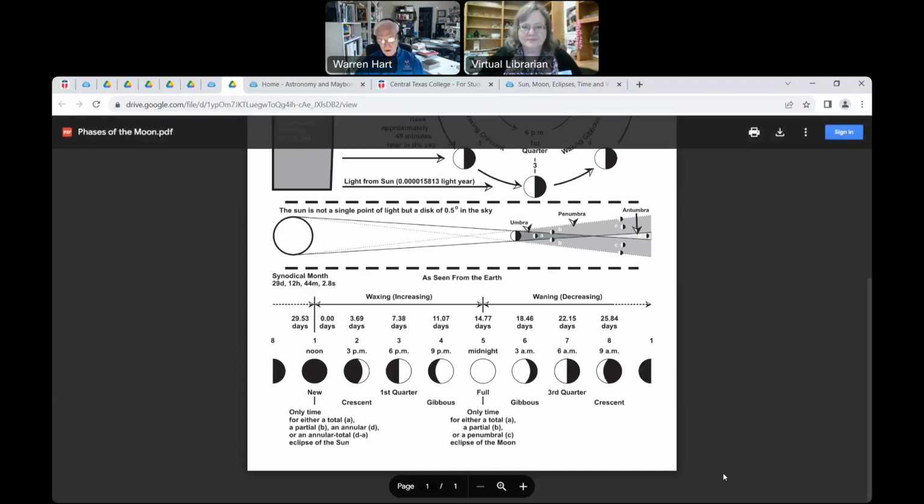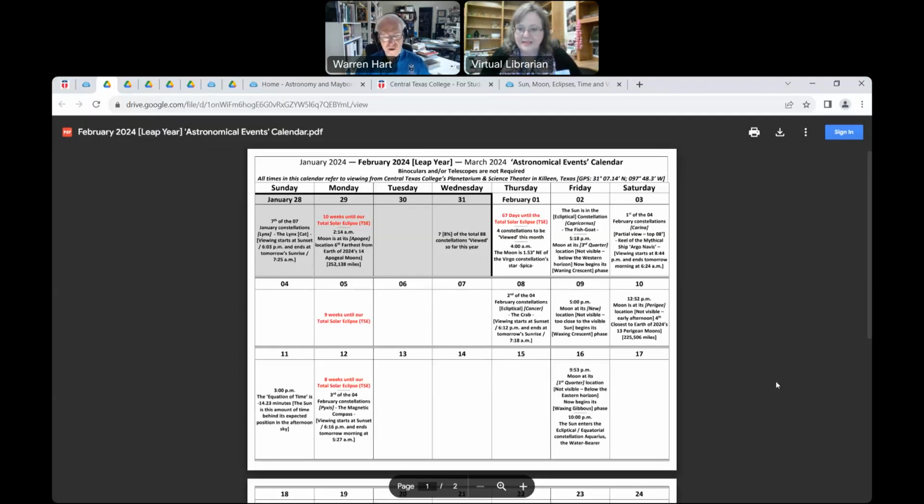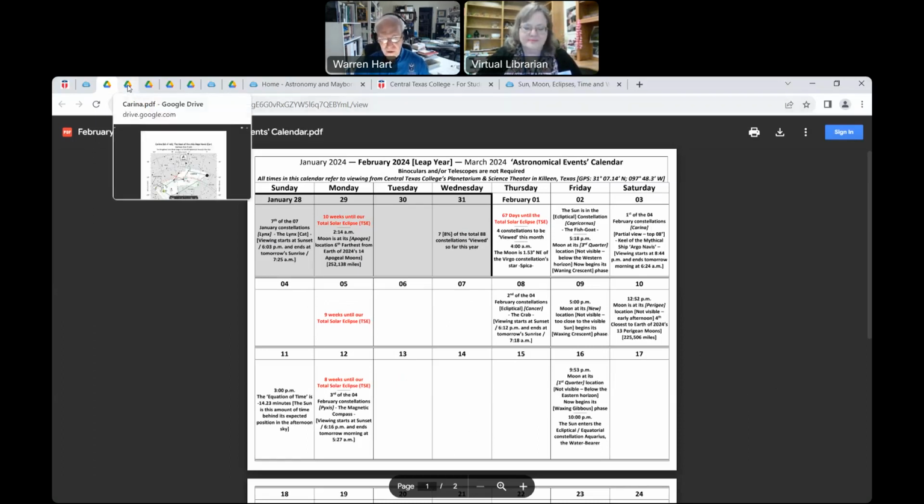And then on the Saturday the 3rd, moving on, we have the first of our 4 constellations. There's only 4 for February, and this first one is called Carina, and Carina is part of the mythical ship of Argo Navis, and that was a constellation many years ago. That was an extremely large constellation, and this was before the